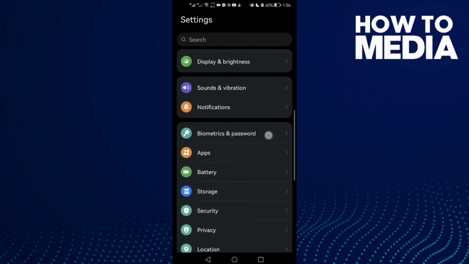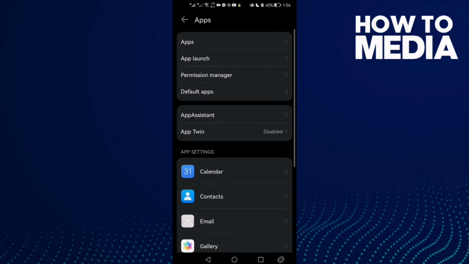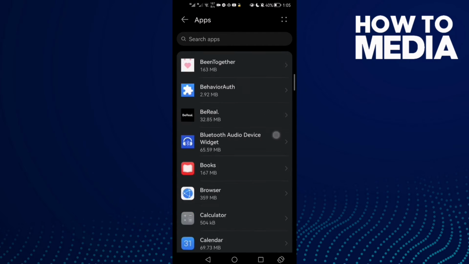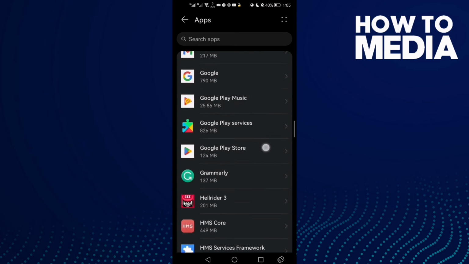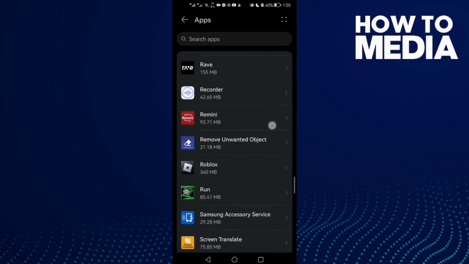First open settings and then scroll down here until you find apps, and now click apps again, and then just scroll all the way down until you find Roblox. This one here, click on it,